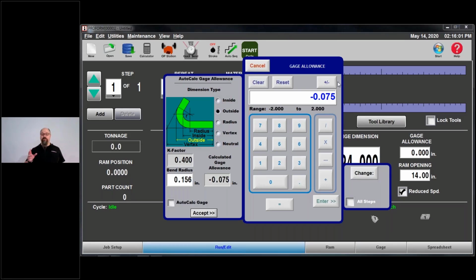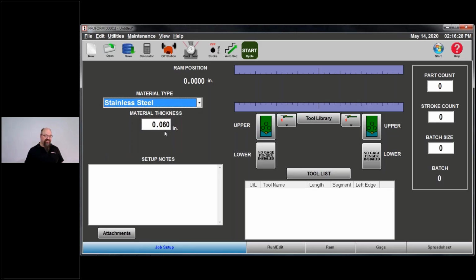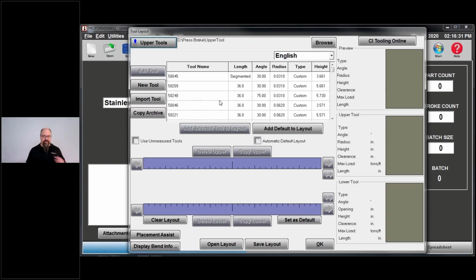But with metal, with stainless, with mild steel, with any of your various material types, I have a whole drop down selection here of most of the standard common types of steel: high strength low alloy, stainless, copper, aluminum. Those are all there. So if I select my materials, let's say I'm bending stainless steel, 16 gauge, so I'm going to use a 1/2 inch V. Now, why 1/2 inch? Well, we're talking 8 times the material thickness, so 8 times 0.06 is 0.480.